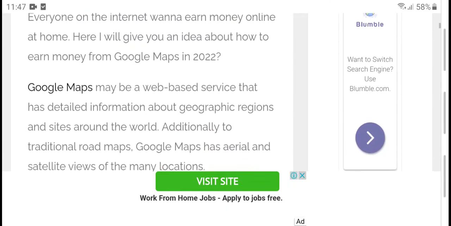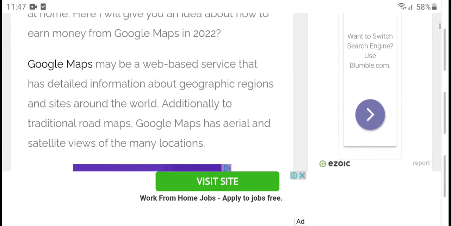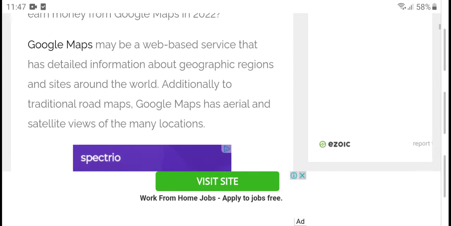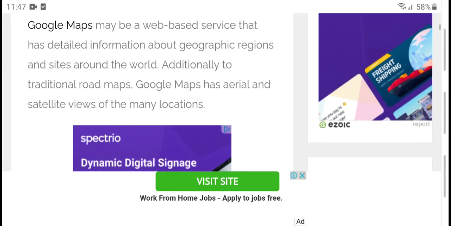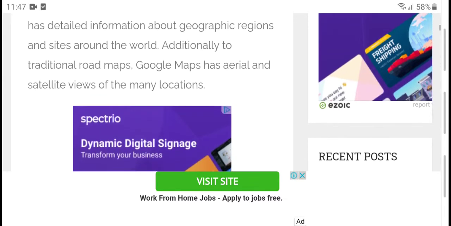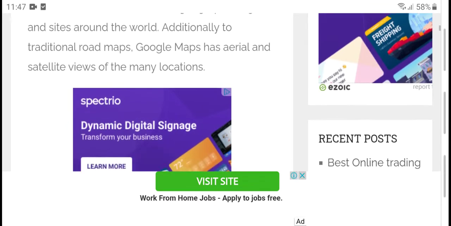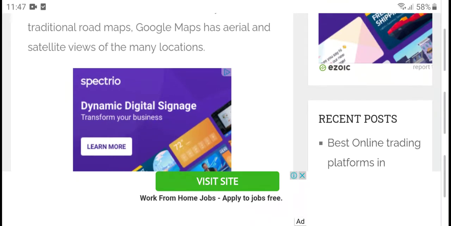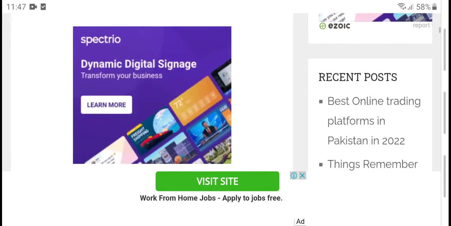Google Maps is a basic web service that provides information, graphic design, research and insight. It covers traditional and road maps, and Google Maps is viewed in many locations.